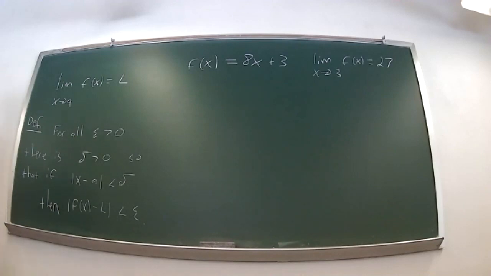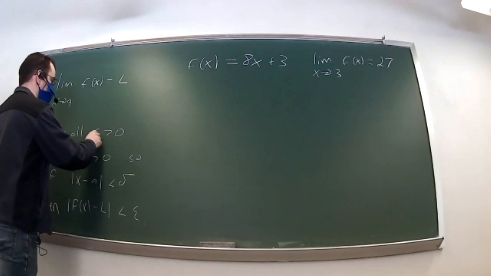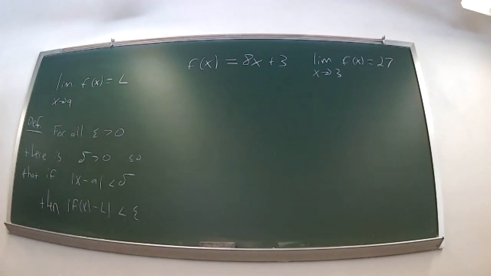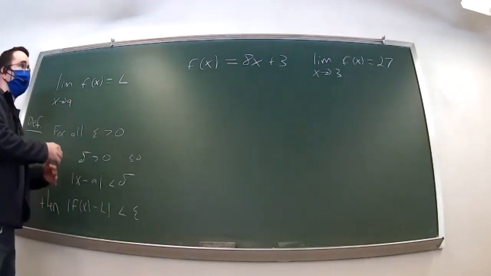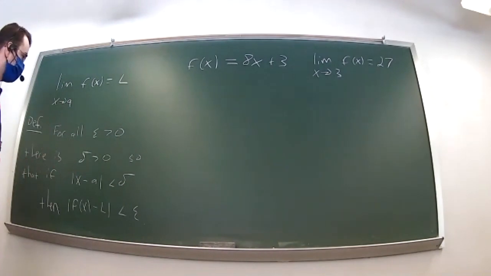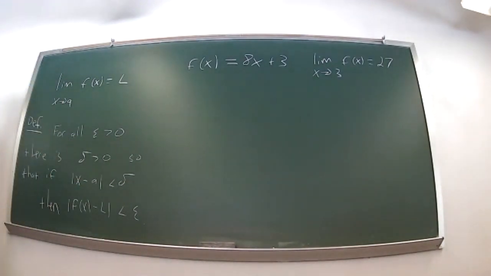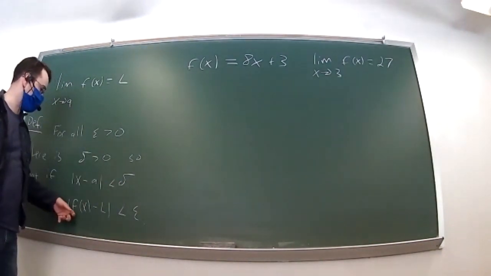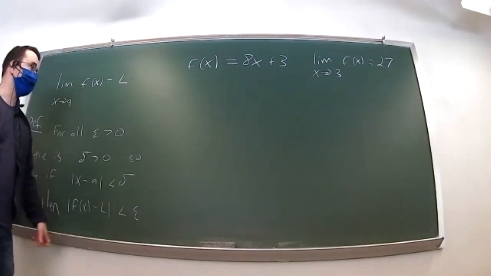And this definition is saying that if someone challenges you with a tolerance, epsilon could be 1 over 100 or 1 over 1,000 or something like that. This epsilon is like a range that goes around the number 27. Can you find a range around 3 so that if the distance from x to a is within that range, then 8x plus 3 minus L is going to be less than